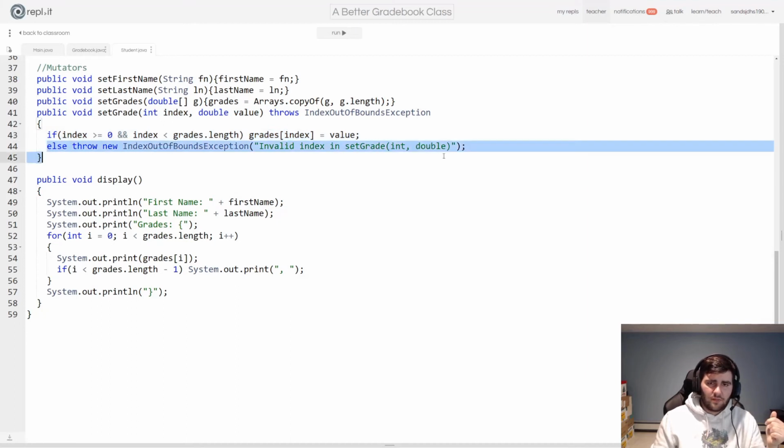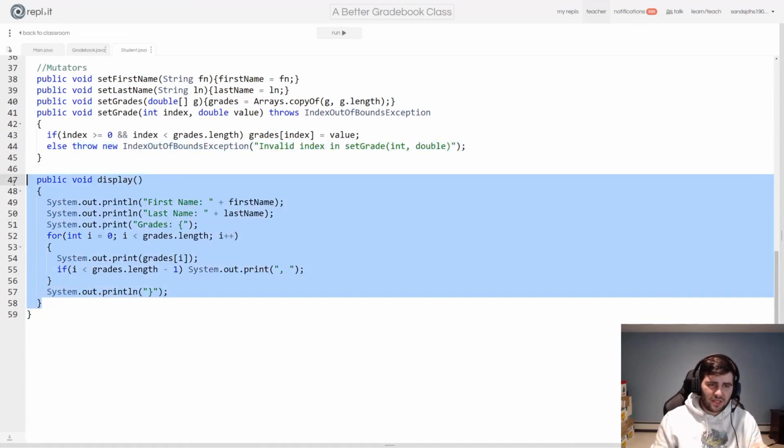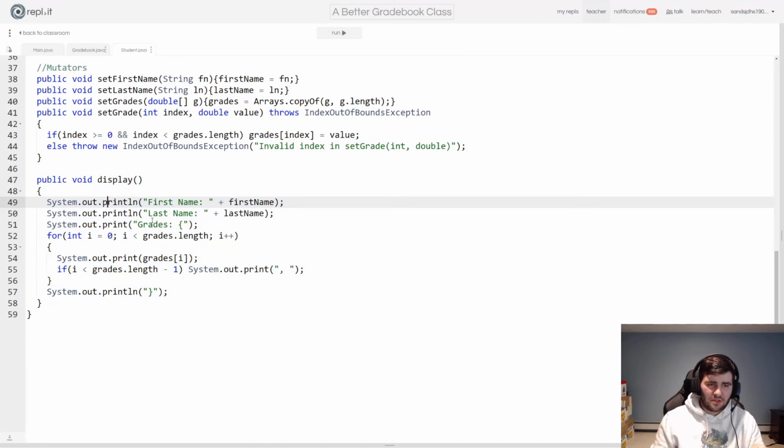And if it's bad, tell them that it's bad. Tell them that's an invalid index. All right, and then lastly, we have this display function that says, hey, print out the first name, print out